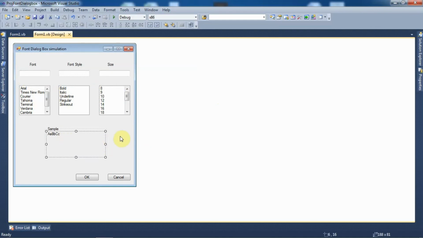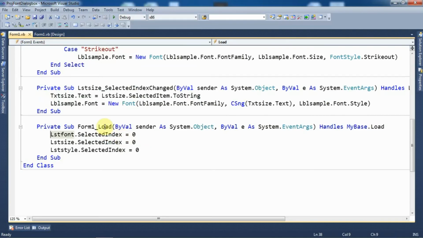So for that purpose, on the Load event of the form, I have written lstFont.SelectedIndex is equal to 0. Here the SelectedIndex property is used to specify which value is to be selected, and I have specified 0, which is the index of the first value present in the Items collection of lstFont.